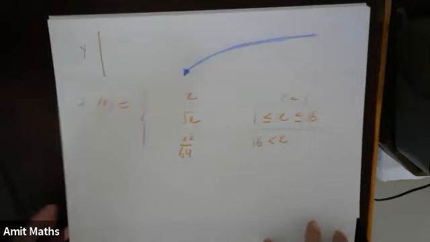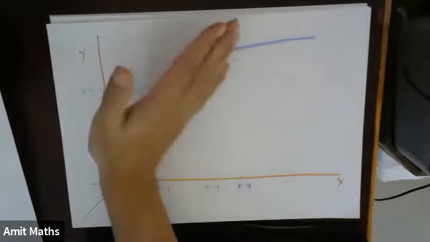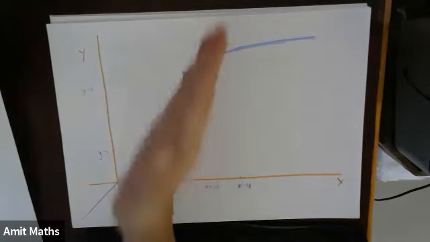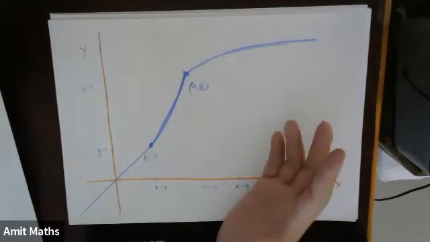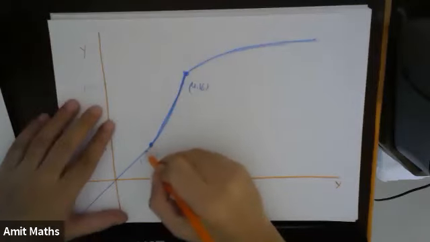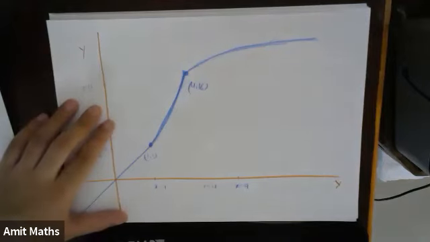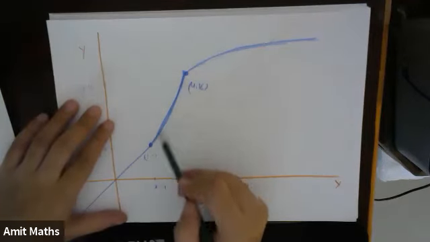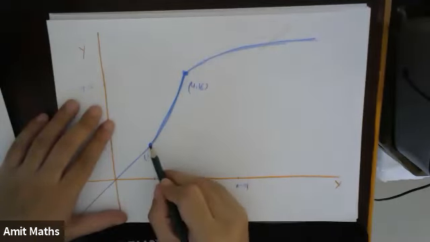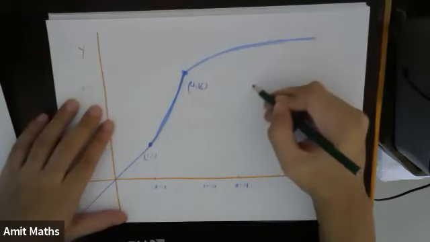Okay, let's see. So basically, if we just look at this graph, the mirror image of this graph about the line y equals x should give us the graph of the inverse function. Okay, so what we'll do is start drawing the line y equals x and simply draw the mirror image of this graph about this line. So the graph will be something like this, and then it will move like this.